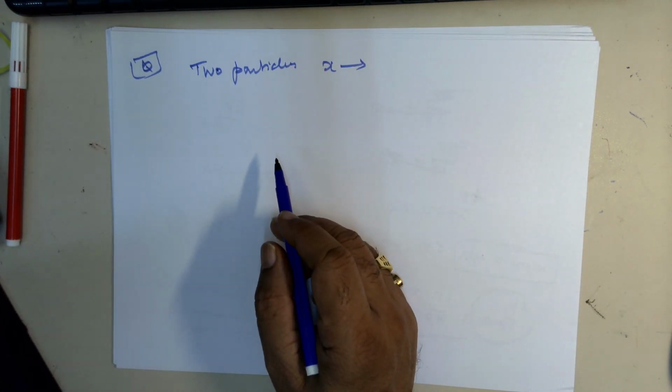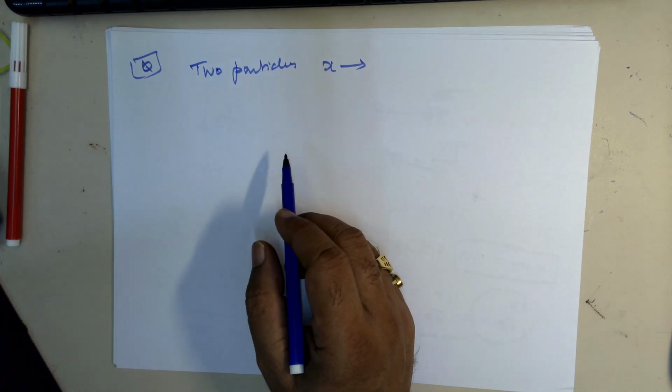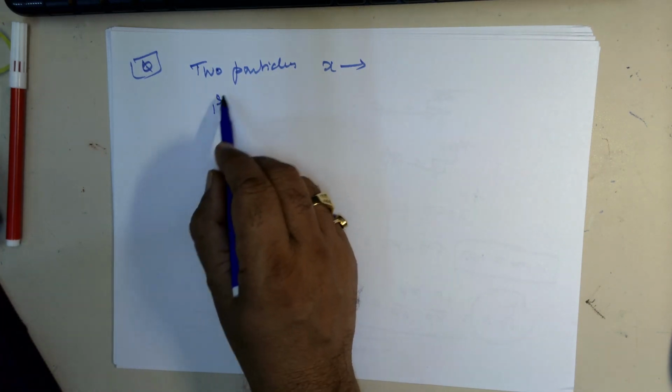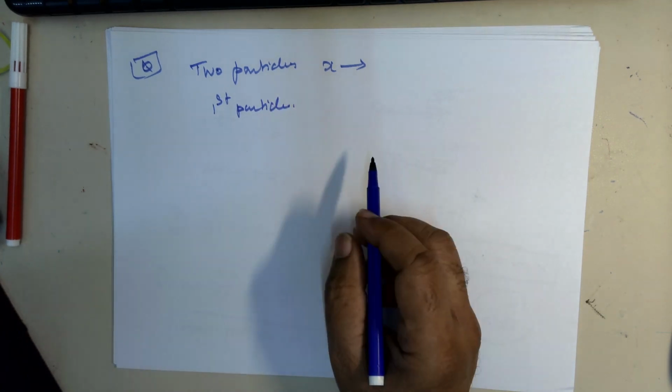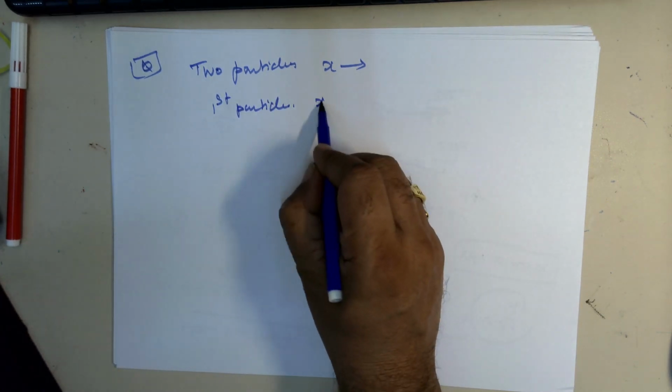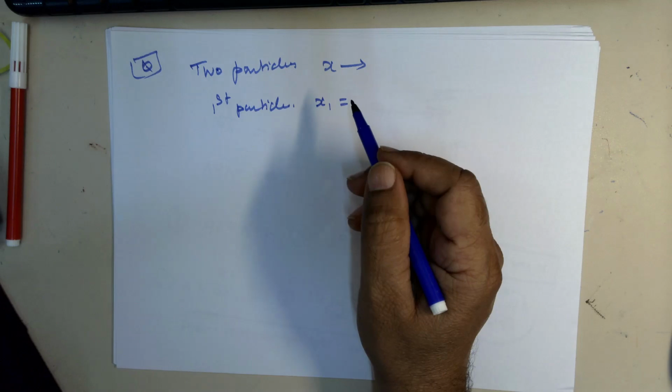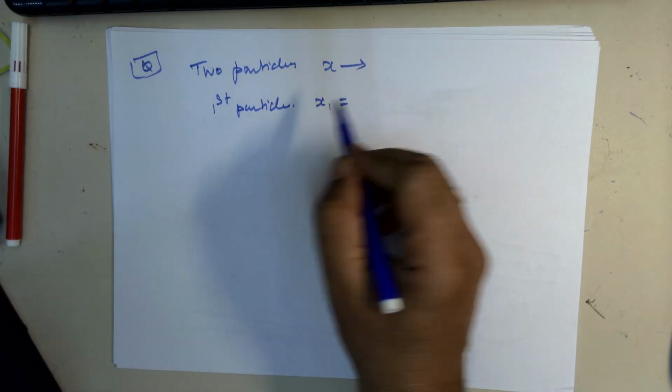The position of the particle is given. The position of the first particle is given as, let us mention this as x1, is equal to